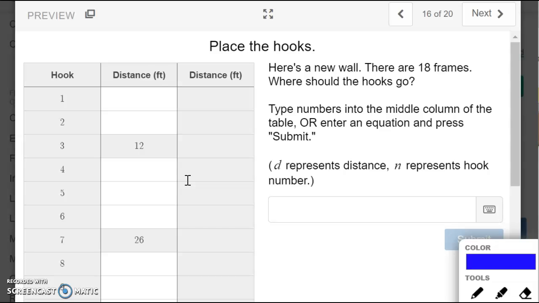Well, I am going to add the common difference, whatever the difference is, 1, 2, 3, 4, 4 times. And I know the distance from 12 to 26. To find it, we must subtract 26 minus 12, which is